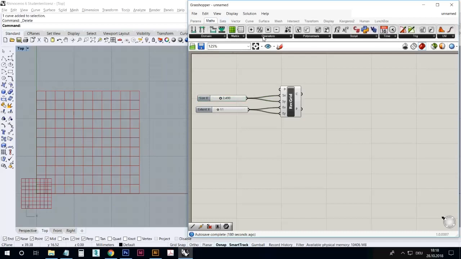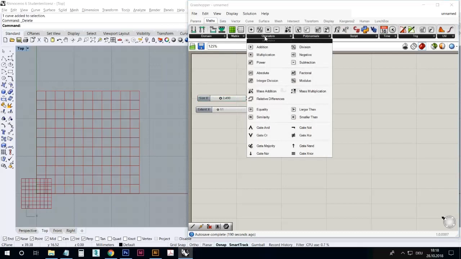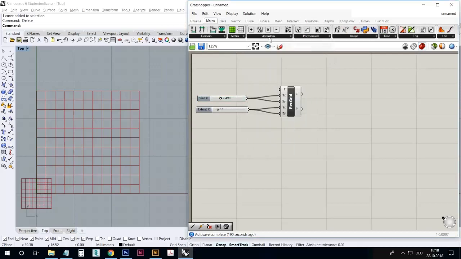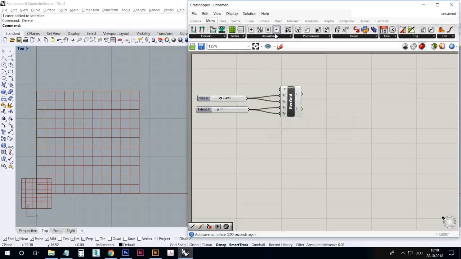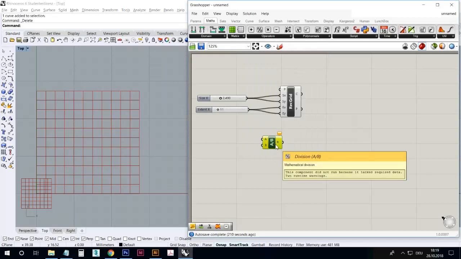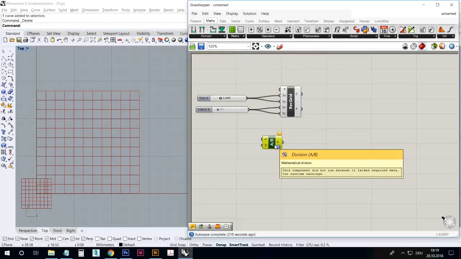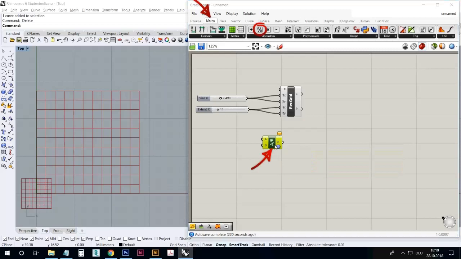So if I go to math and operators, there is the division here. So if this goes too fast, you know about Control Alt and click on the left mouse button, then you find all the things here. So if I go to maths again, and operators and division, here's the division component. It simply divides a number with another one. So I click Control Alt and left click. There you see where it is. So if I divide this with that,